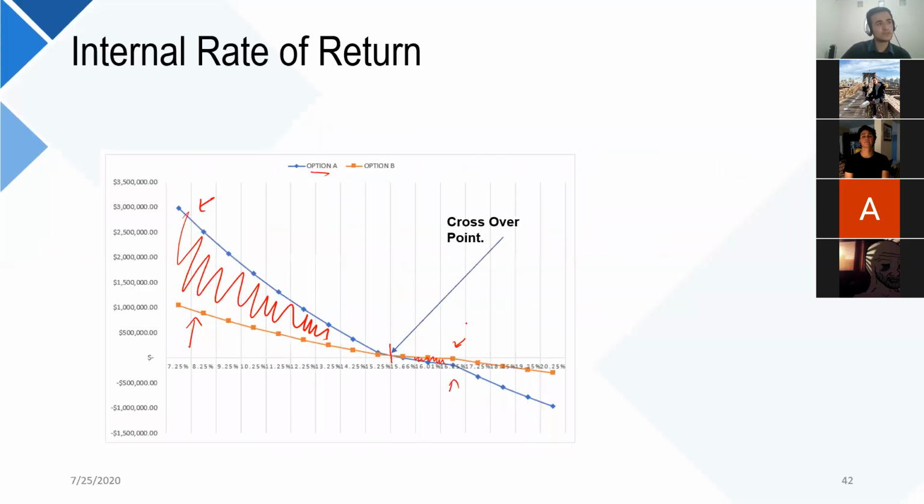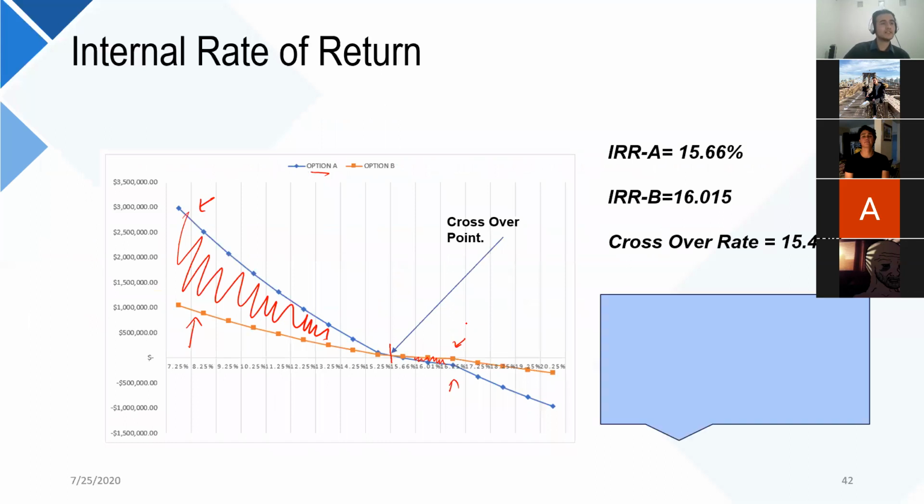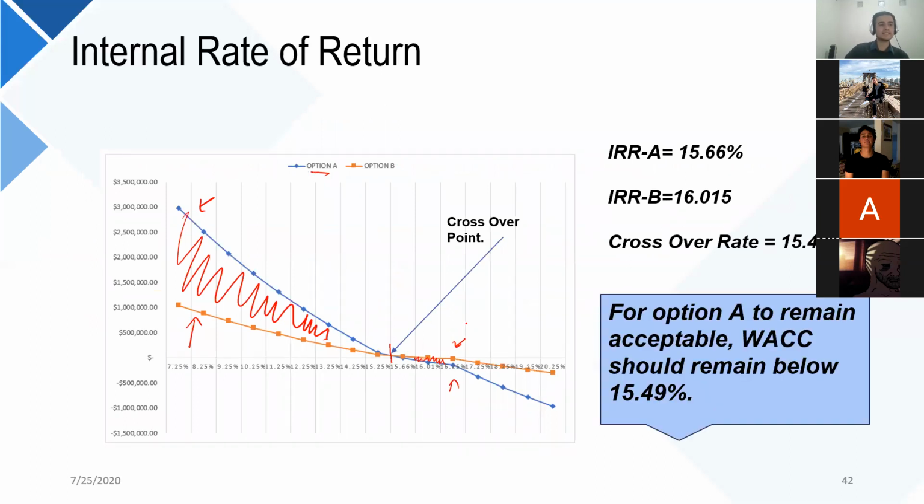And that is your crossover point. And what this is telling you is that for option A to remain acceptable, WACC should remain below your crossover rate. That is 15.49%. If your WACC were to increase greater than 15.49%,